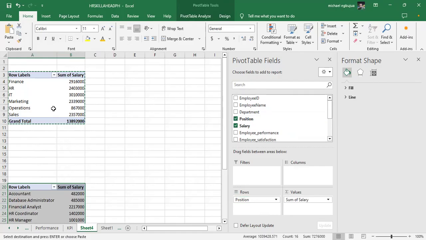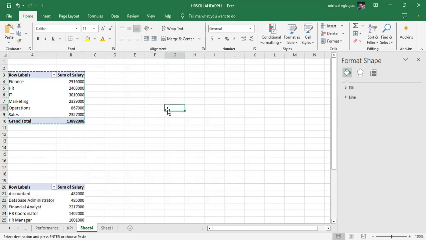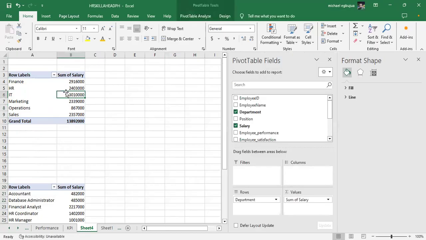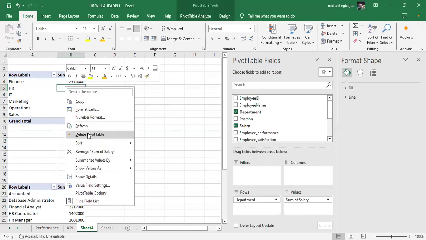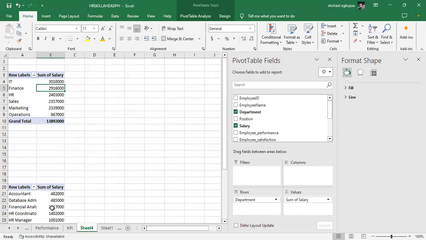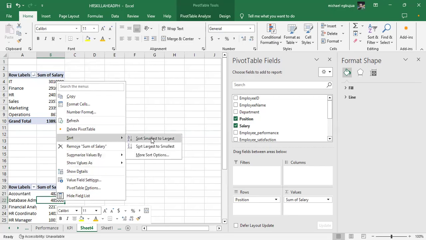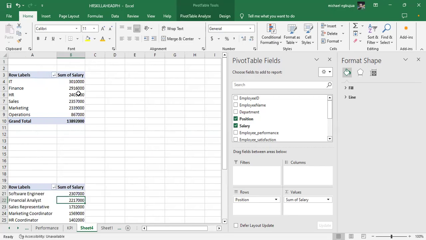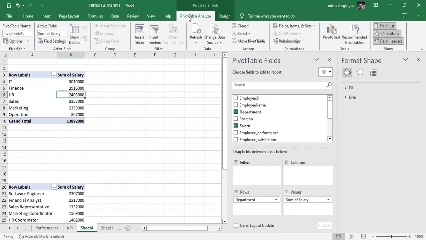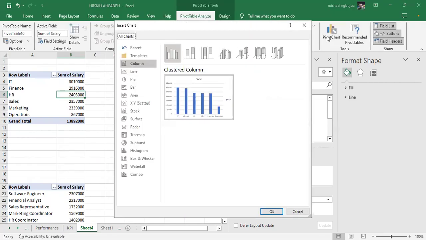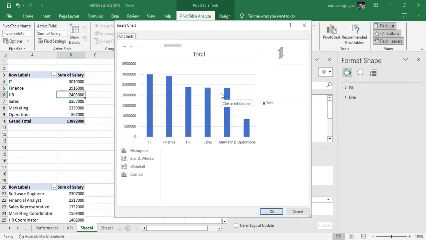Escape. Now, we can sort this one from largest to smallest. Sort this one too from largest to smallest. Then, our time is fast spent, we can now plot what we want to plot. If we want this to be fine,